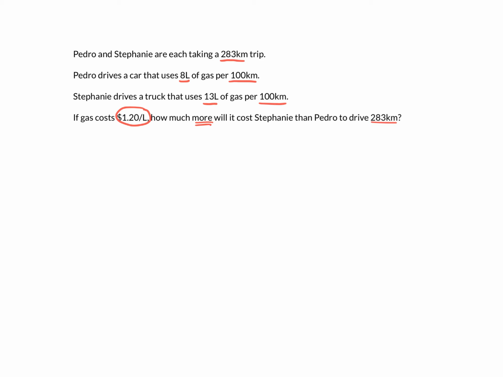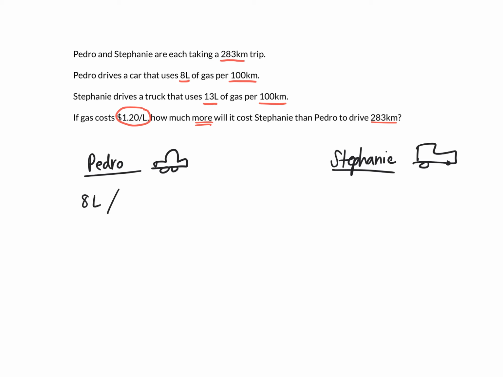the 283 kilometers? Okay, so this question has a lot of information. So let's break it down. The first thing we want to do is separate Pedro and Stephanie because each of them has different information. Pedro's driving a car and Stephanie's driving a truck. In Pedro's car, it uses 8 liters of gas for every 100 kilometers. In Stephanie's truck, she uses 13 liters of gas for every 100 kilometers because she's driving a truck, so she's